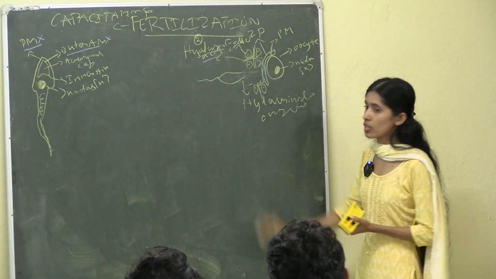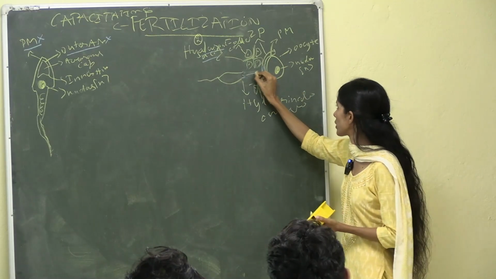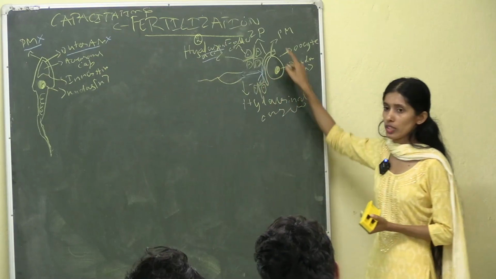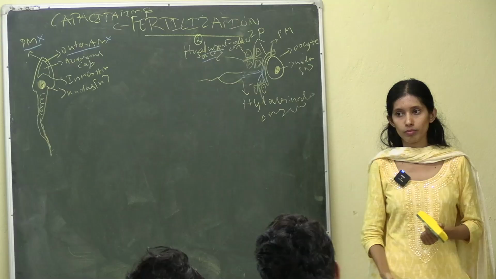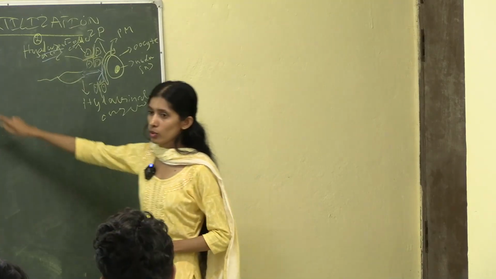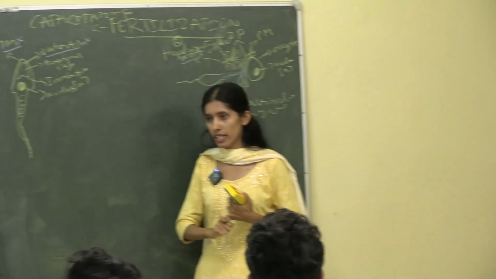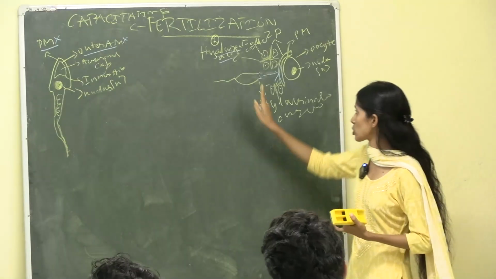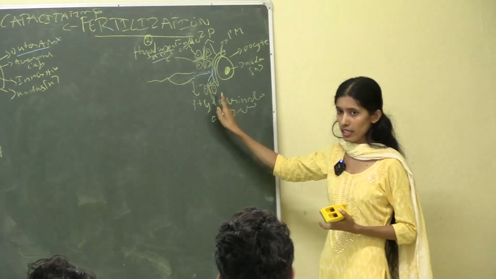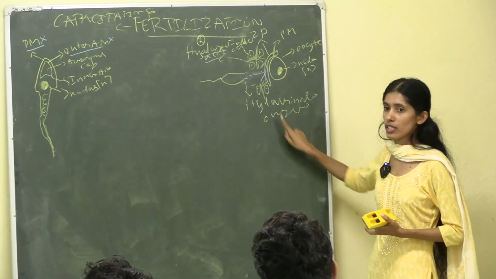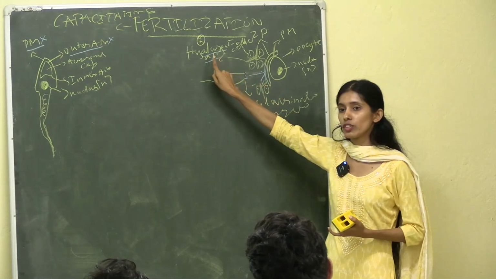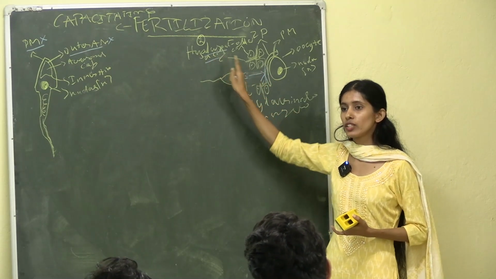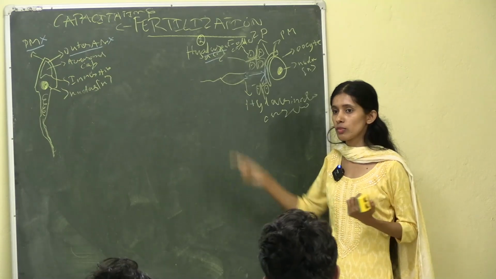Okay, so now your sperm can move until your zona pellucida part. Any doubts? Remember, your acrosome part has the hyaluronidase enzyme, right? As soon as the sperm touches the follicular cell layer, the hyaluronidase enzyme will be released outside. As a result, it will interact with the hyaluronic acid and it will remove the jelly-like substance present between